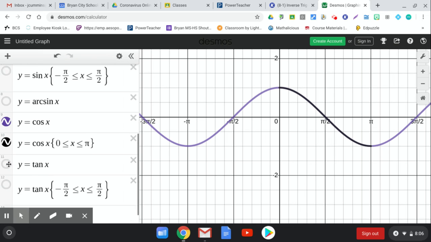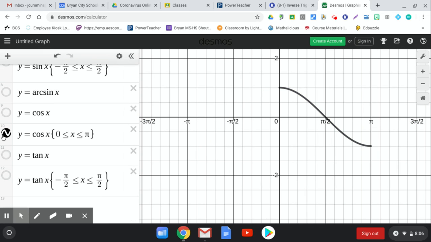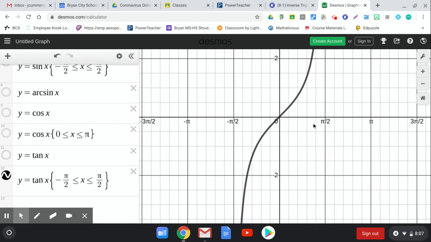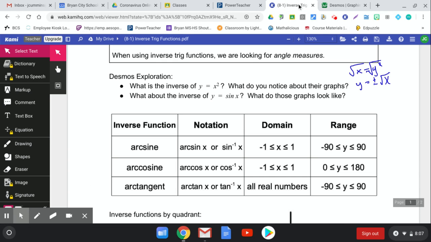Okay, and then for tangent, remember our tangent function looks like seaweed. This is not going to pass the horizontal line test unless I restrict to just one seaweed. If we just look at one seaweed and restrict from negative pi over 2 to pi over 2, or from negative 90 degrees to 90 degrees, now we pass the horizontal line test, so we can take the inverse of it. So going back to our notes,